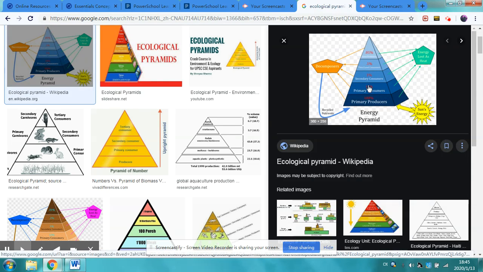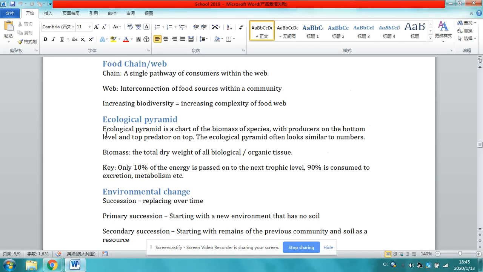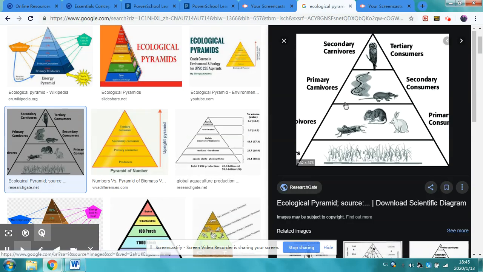So it's a literal pyramid, and this is a boring presentation, but this will be more fun. Here you have the provider on the bottom and consumer on the top. And what this sentence means is if you dry all these organisms, suppose you take out all the water in all of these organisms, the owl, the rabbit, the grass, and measure the mass of all of them, you will see something interesting. That there will be